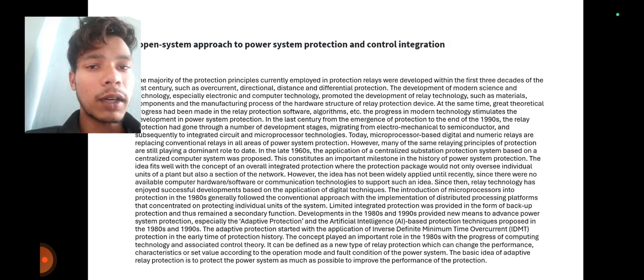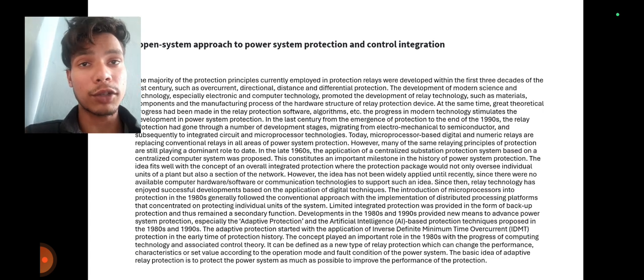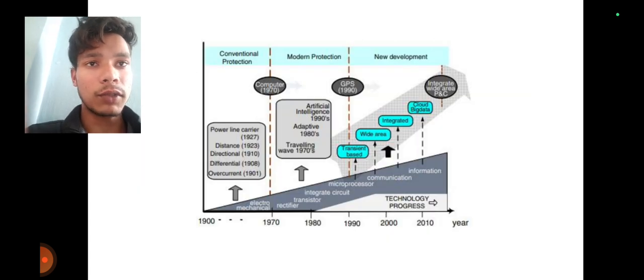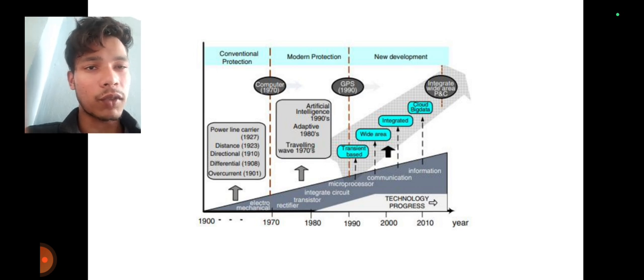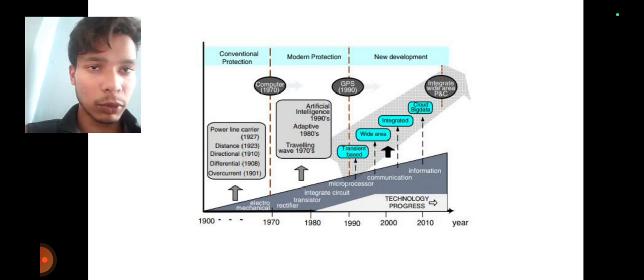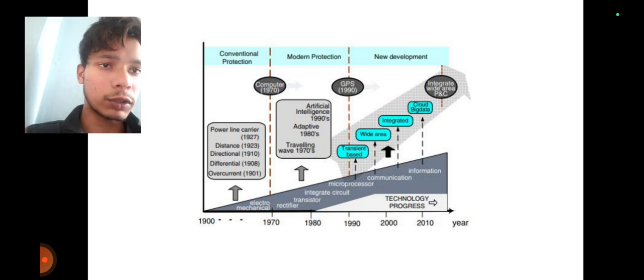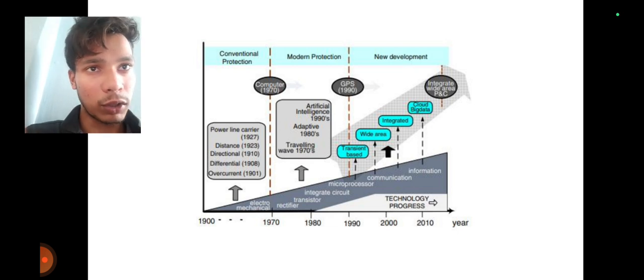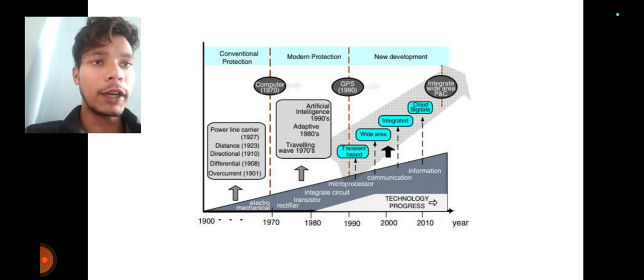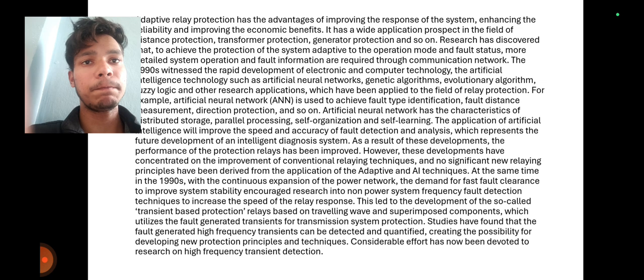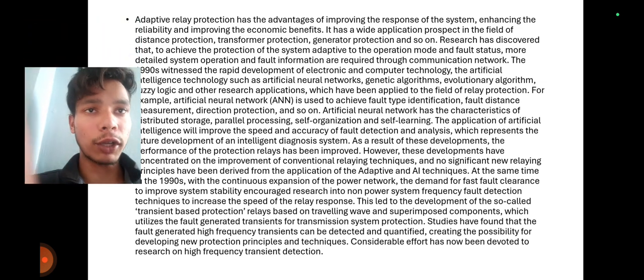The basic idea of adaptive relay protection is to protect the power system as much as possible and improve the performance of the protection. So here we can see the graph. It was growing from 1970 to 1990. It was still growing in terms of adaptive and artificial intelligence. In the 2000s and 2010s, it has grown to a new development where it is now integrated wide area protection and control. So adaptive relay protection has the advantages of